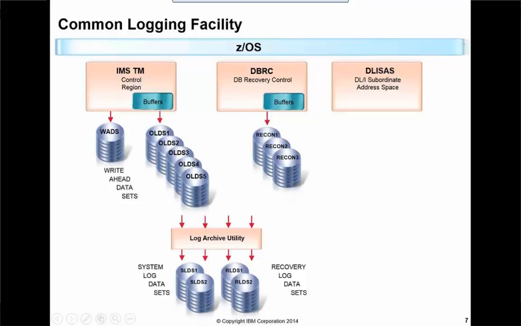As each OLS data set fills up, you can have the information on the OLS data set archived. So there's a log archive utility. As each OLS data set fills up, the archive utility simply takes the information on the OLS data set and archives it to what's known as the system log data sets, or SLDSs. So archive, by the way, is just a fancy term for copy. That's all it is. So we take the information on the OLS data set, and then we copy it out